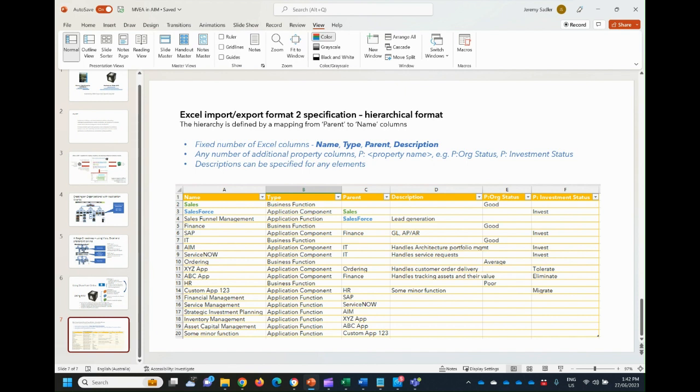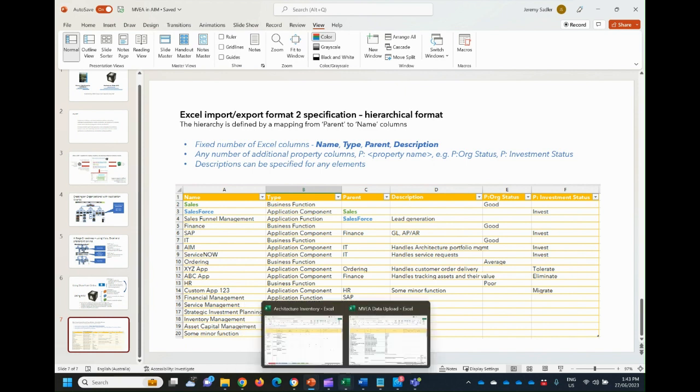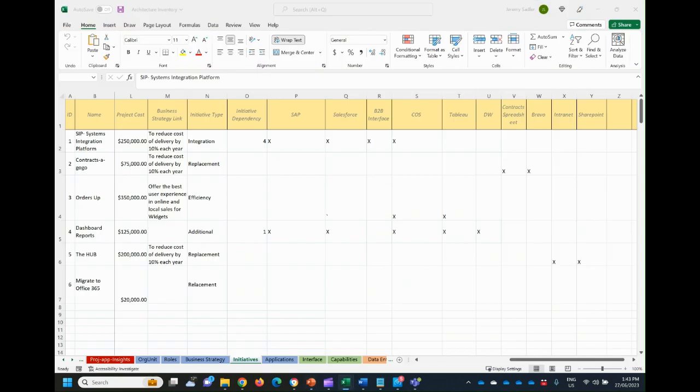And then you can add as many properties as you want that you can use against those elements. So for example, the status of the org or the status of investment. You could have assessments. In fact, all the data that we could collect. Now, for this demonstration, I've just kept it basic. So for our MVEA, if we're going to have a look at our MVEA